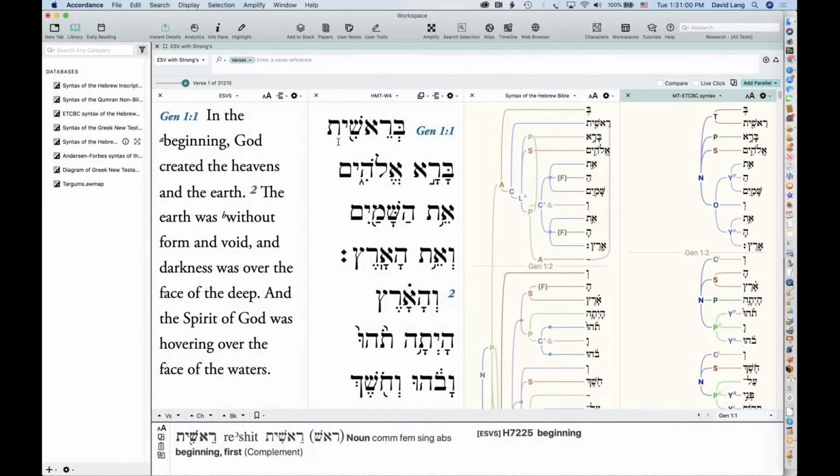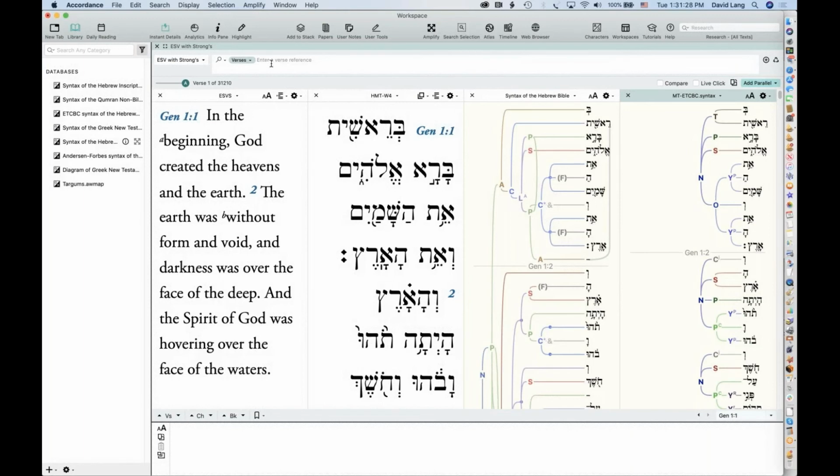So Reshit is part of a complement phrase, and so on. If I go to Elohim, now it says subject, because Elohim is the subject of this particular sentence, and so on. So you'll see the syntax everywhere, and you can actually search for